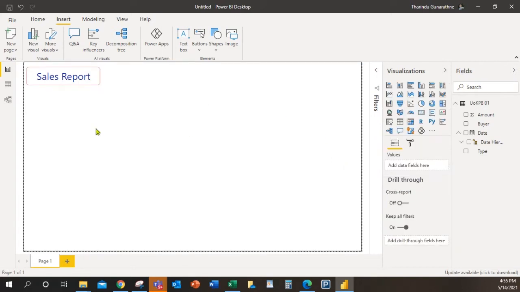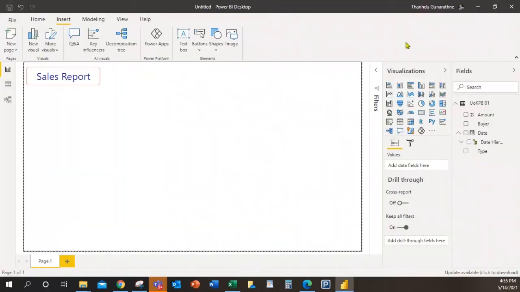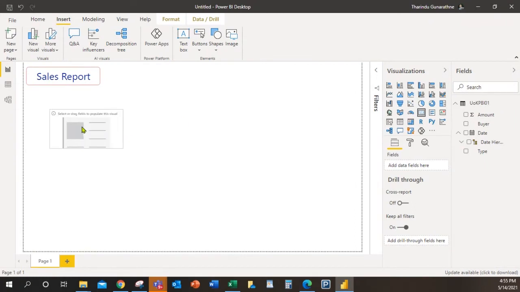Okay, now I created this box. Now let me come to this card visualization. Here this is for card. Let me select that card. Once we select the visualization, it will automatically add to our canvas. We call this the canvas. Now I'm placing this like this. How can we add those values?